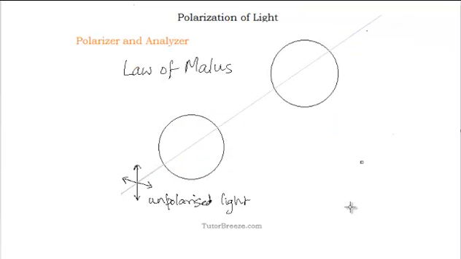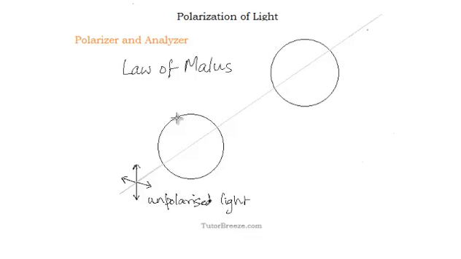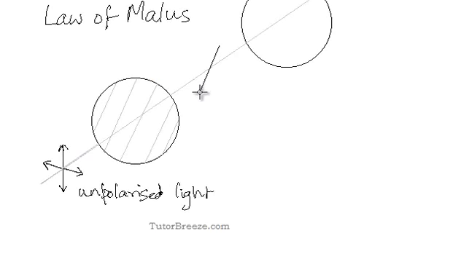We've once again taken two Polaroids. Now let's look at the polarizing direction of the first Polaroid. Say the polarizing direction is not vertical or horizontal, it's at an angle. So we'll have light which emerges from this Polaroid, which has an intensity which is again not 0, but it has a certain intensity which is half of this. Say if this is I0, the intensity of this light after passing through the polarizer is going to be half.